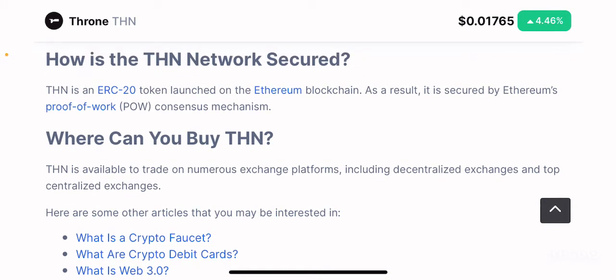So THN is an ERC20 token launched on the Ethereum blockchain. As a result, it is secured by Ethereum's proof of work consensus mechanism. So it is an ERC20 token existing on the Ethereum blockchain. As you guys know, Ethereum is one of the largest and most secure blockchains out there. So having a platform on top of the Ethereum blockchain, by default you're going to be much more secure,